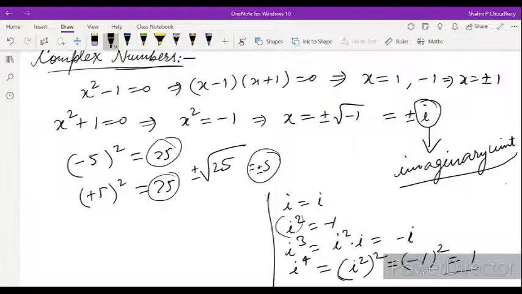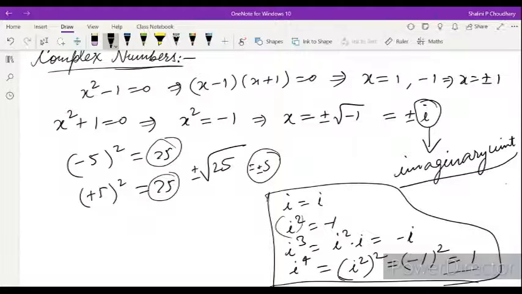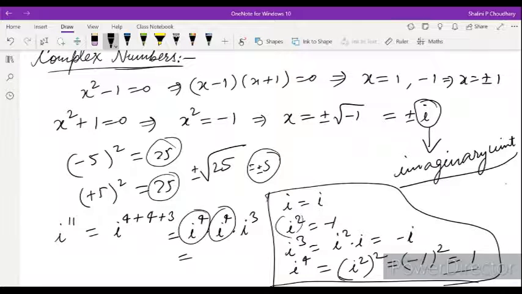So these are the things that we need to remember while doing these sums, and we'll also find all the values. Like if i ka value is 59, then what will we get? What you have to do is divide it by 4, because i to the power 4 will be equal to 1. So if we have i to the power 11, it means i to the power 4 plus 4 plus 3. It means i to the power 4 into i to the power 4 into i to the power 3. So this will be 1, this will also be 1, and i to the power 3 will be minus i. So i to the power 11 will be minus i. So this way we have to solve.